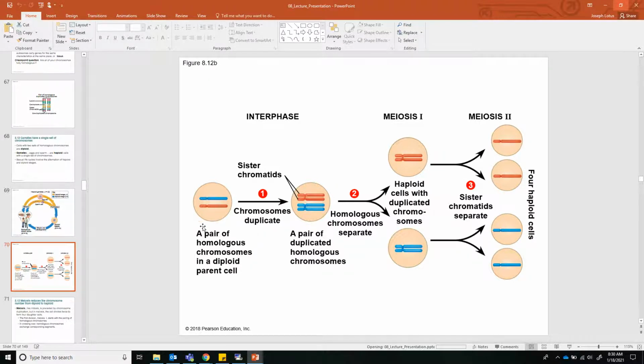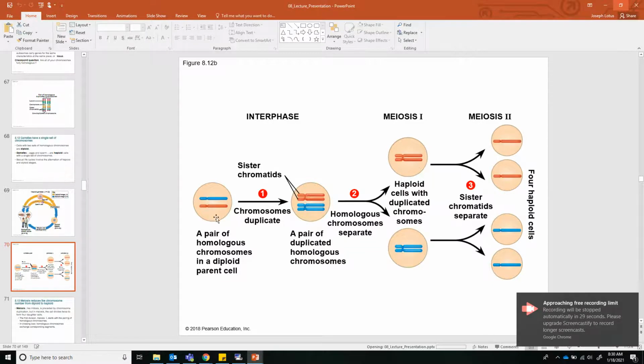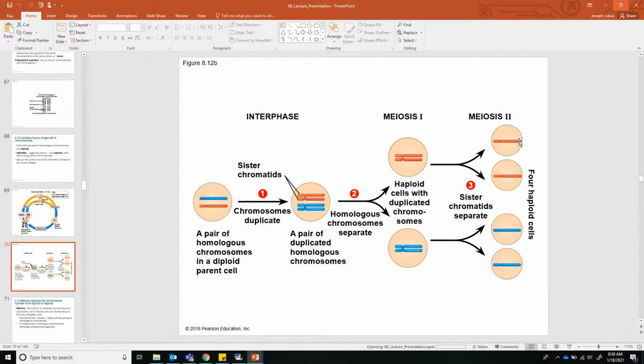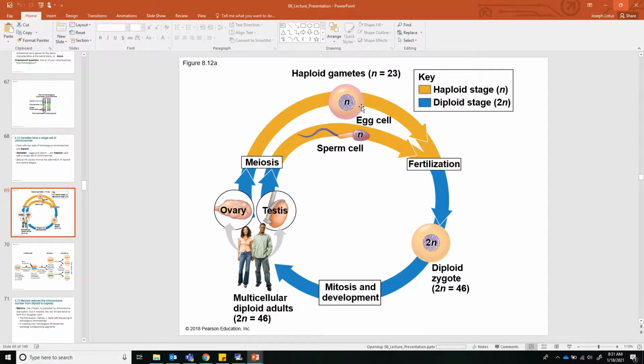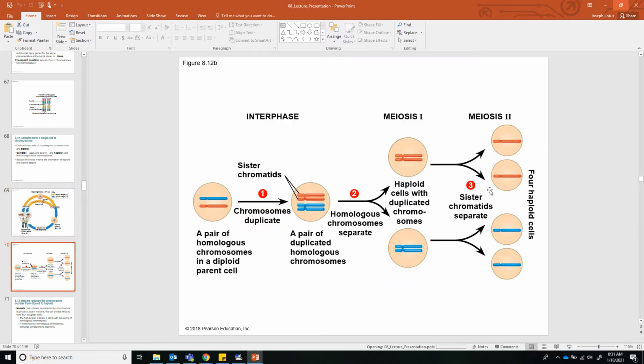So the parental cell has 2 molecules of this type. We'll say this is chromosome number 5, okay? So the parental cell has 2 chromosome number 5s, but the daughter cells have 1 chromosome number 5. So in other words, they are N, or they are haploid. They have half the DNA of the parental cell. And why do they have half the DNA? Because we need to add 2 cells together to form the zygote. So if they were both diploid, then our zygote would be 4N. It would have too much DNA. That would be very bad. So instead, at the end of